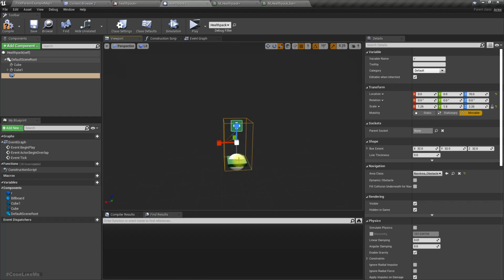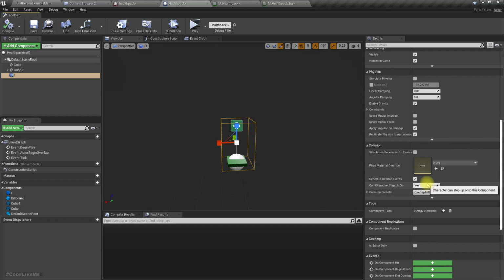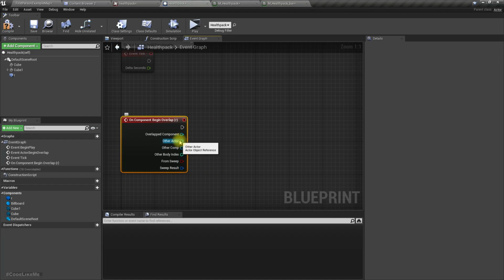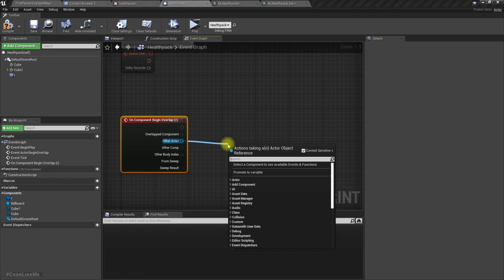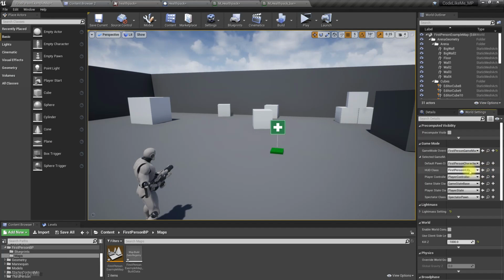Like this. Now the collision preset is overlap all dynamics, and in the on component begin overlap we can get the other actor. So right, let's quickly go to our character,